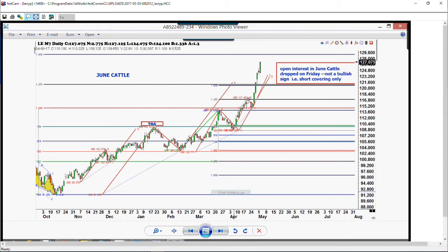That's when Rich Anderson was on, and we were talking about this pattern and how bullish it had the potential. And now we are looking at cattle 36 cents higher, and the whole world wants them. But let me show you something that's really interesting here. This is the June cattle, which is the spot month. And as you'll notice, the open interest in June cattle dropped these last couple of days, and that's because it's